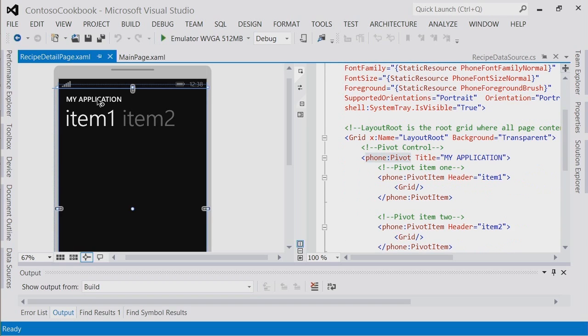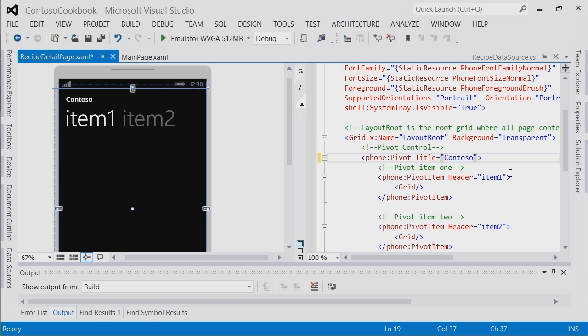So the first thing I want to do is change the title. I can work directly on the designer for text things, so I can just click on this. Let's bring up the properties window. Well, actually, here's an example. Okay, so I want to change that to